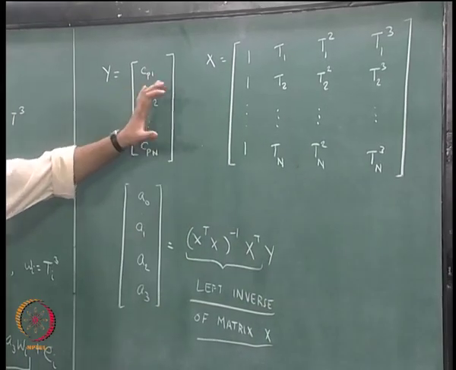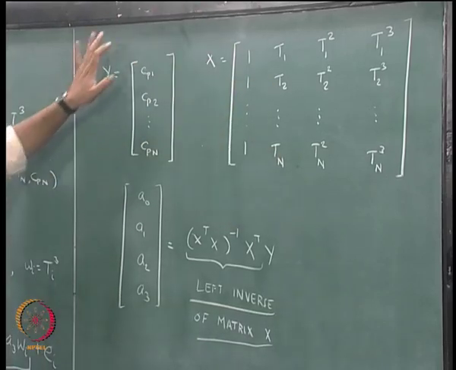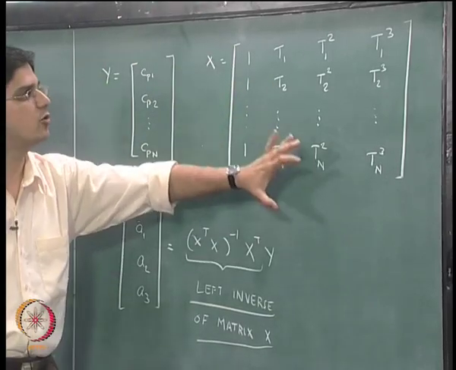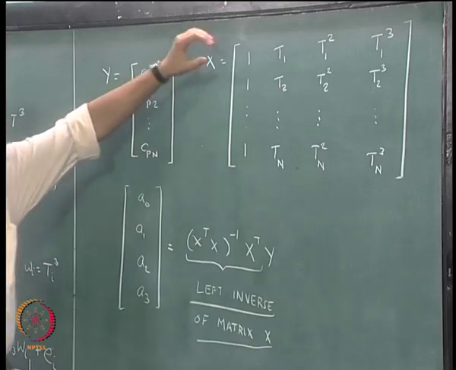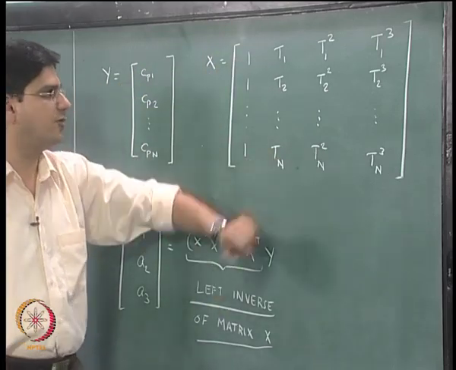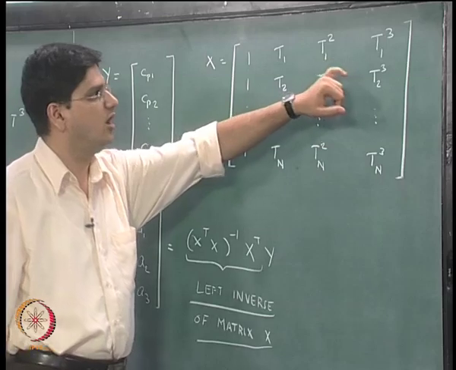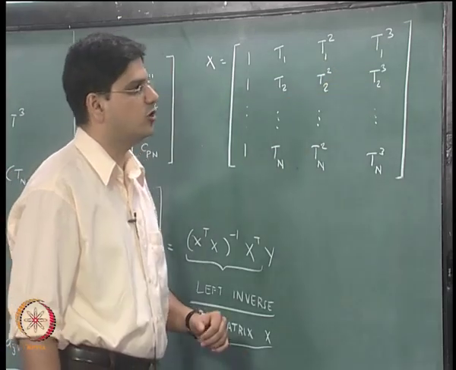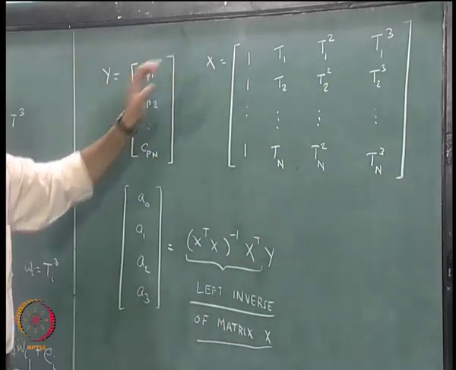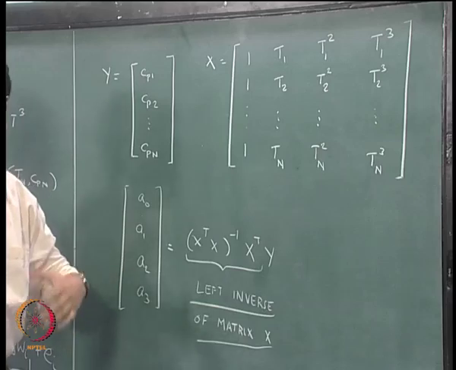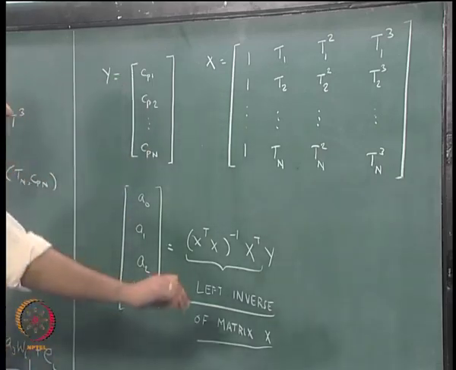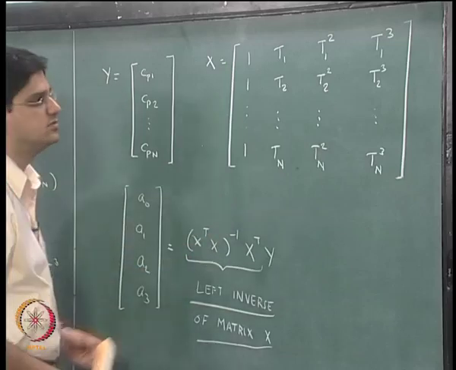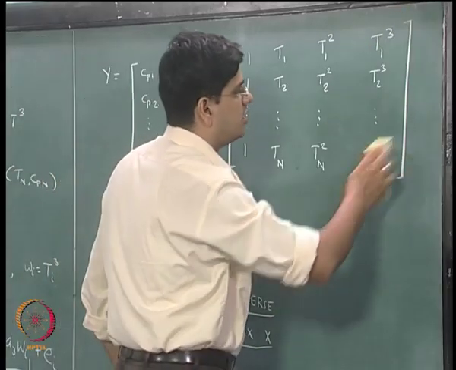Okay. So this is the functional form. This is how we go ahead and do the polynomial regression. In general, we have n data points and we want to fit an mth order polynomial. To extend it from this particular case to a general mth order polynomial, all we need is additional columns in this particular matrix.